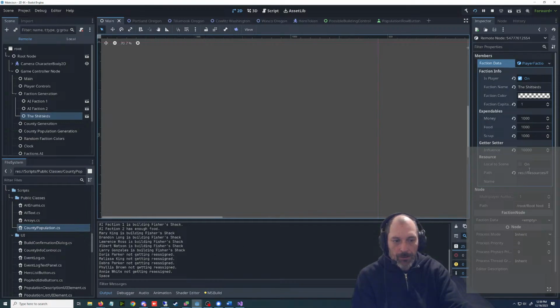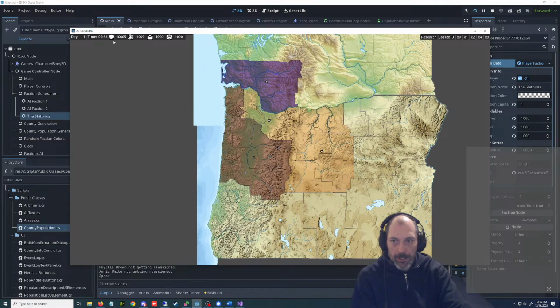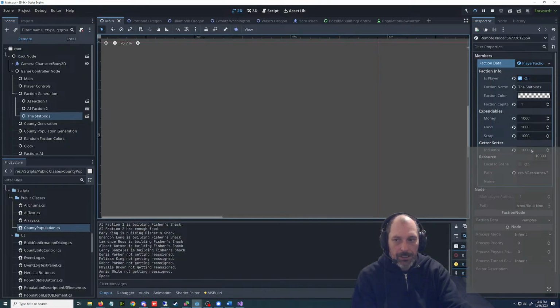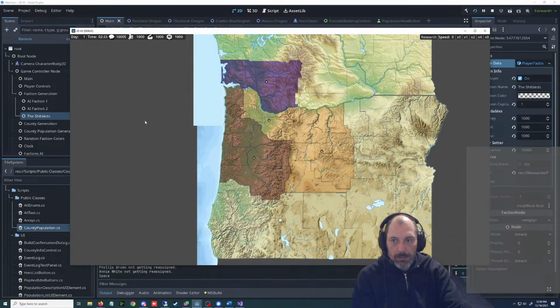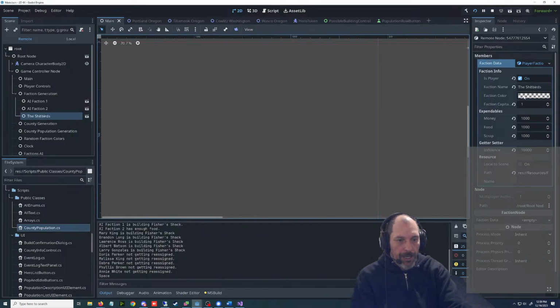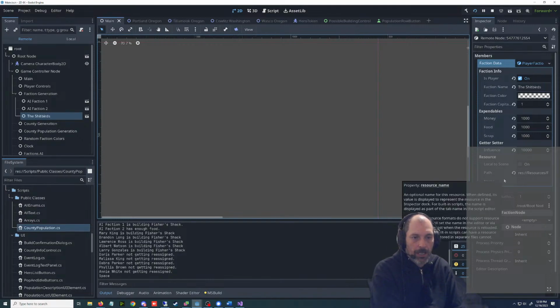That was the thing I was thinking of when I was making a fool of myself yesterday, because this is mine, this is the player's. So this should actually have a 5 at 10,005. Am I on remote? Yeah. It doesn't reflect the changes. I wonder why.